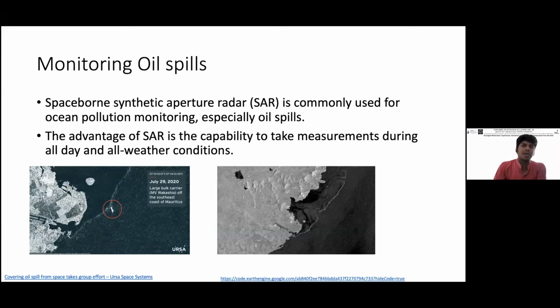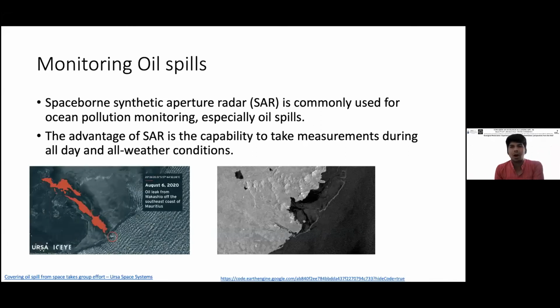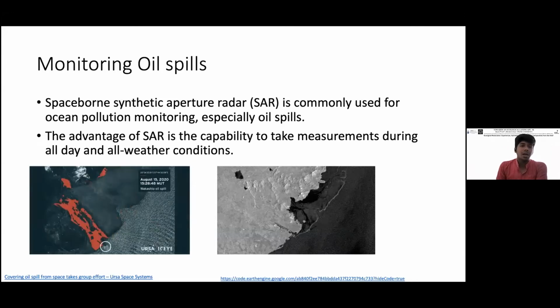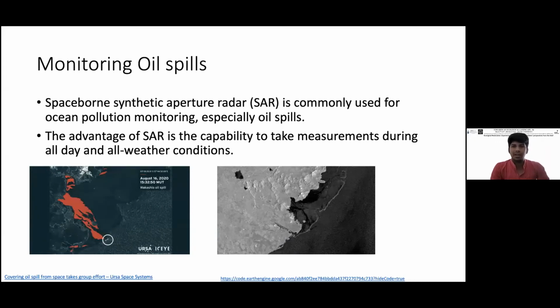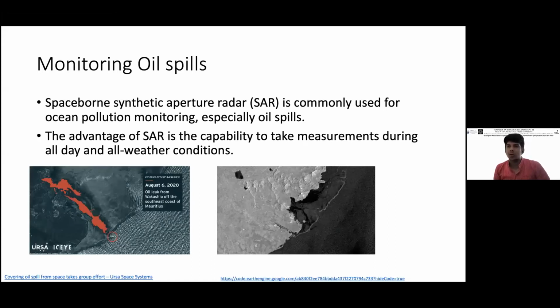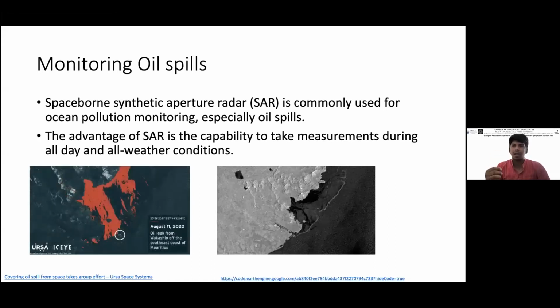So for example, the one that we see on Google Earth is basically a combination of different bands of optical imagery. The synthetic aperture radar is basically a radar system where it has got its own energy source. It's like a continuous ping that happens.